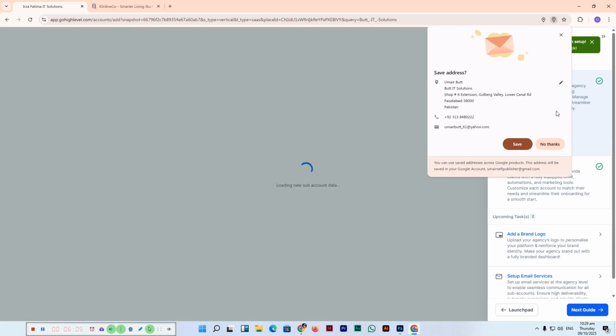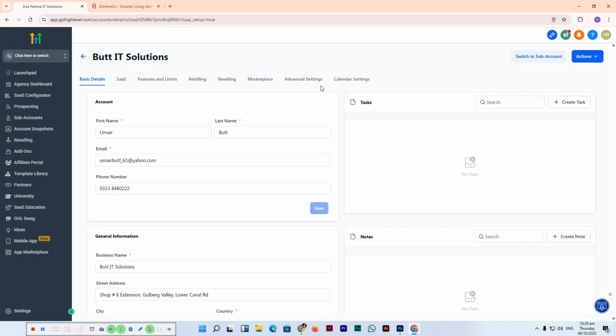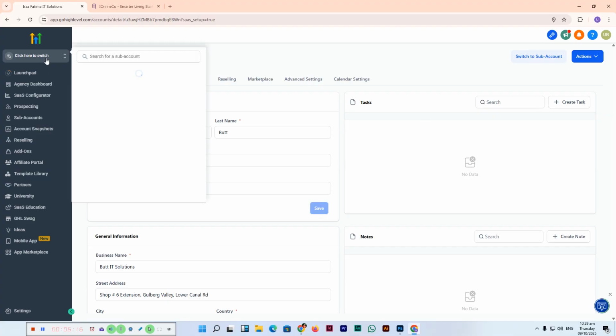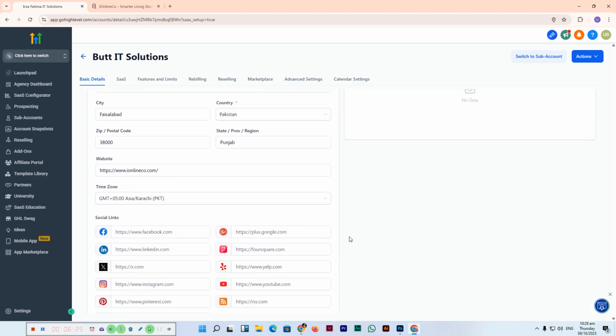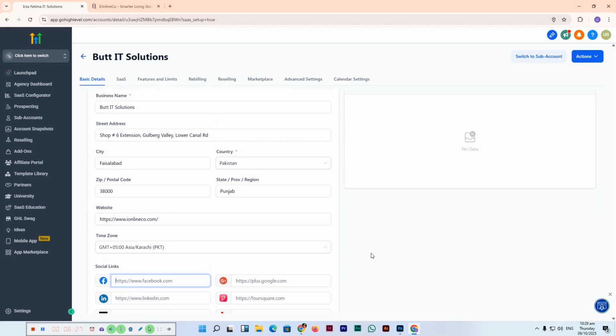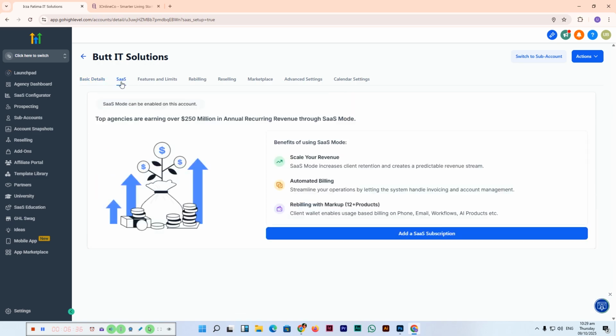So you can see it has been added. Okay. So now you can see But IT Solutions. You can see, if we see here, the But IT Solutions is here, all accounts. And the basic details we added, you can see here, you can add their social links, in detail, everything is here. The task you can create, notes you can create, and there are more navigation options you can see here,